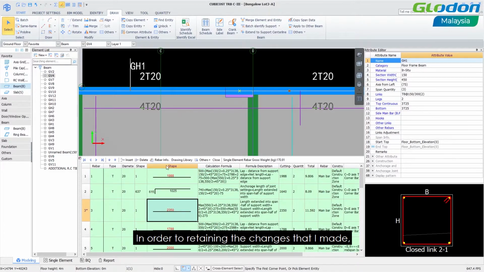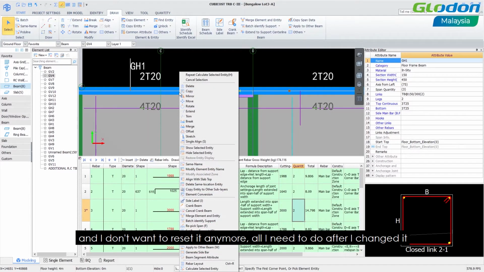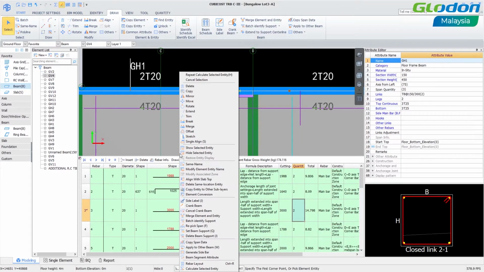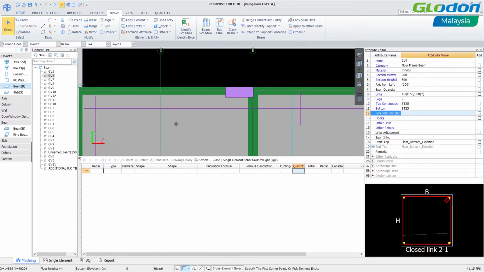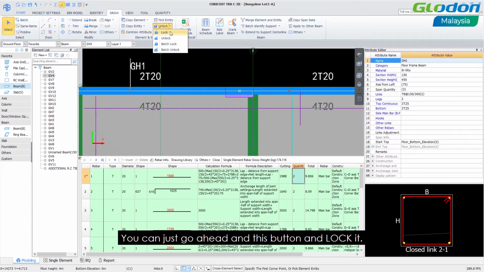In order to retain the changes that I've made, so for example if I were to change this top bar into, let's say, 3000, like so, and I don't want it to reset anymore, all I need to do after I've changed it is right click and click on the lock function. Actually you can't find it inside here. You can just go ahead and click on this button and lock it,